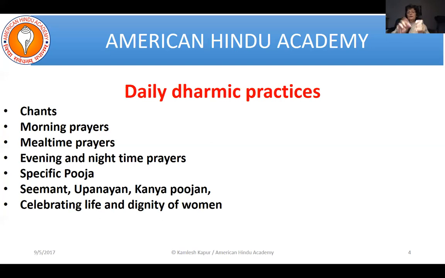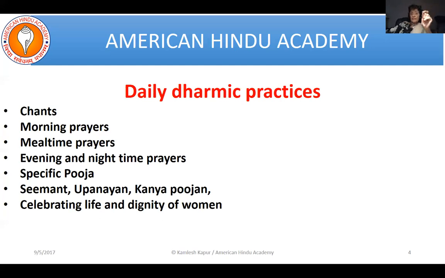There is a prayer when you are lighting the candle. There's a prayer when you are doing a groundbreaking ceremony for making a new house. Prithvi Puja, Varun Puja. All of these are specific pujas given in Atharva Veda. And people who want to learn some more prayers or chants, they can go back to those collections.